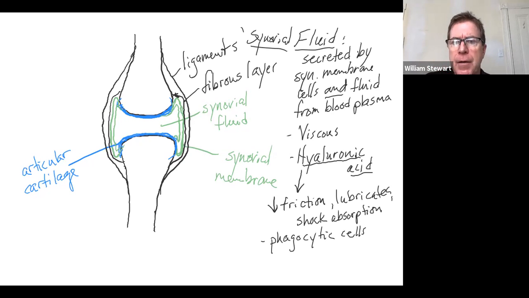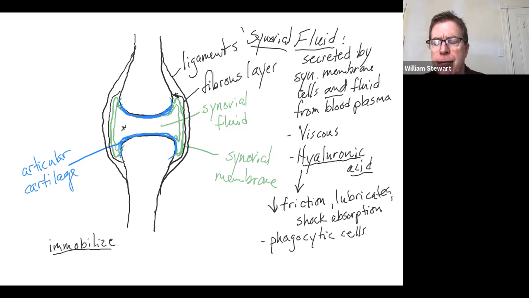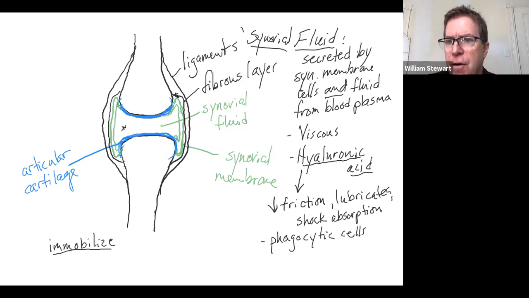A few fun facts about this. When we immobilize a synovial joint, when it's left immobile for long periods of time, the fluid inside tends to get more viscous. It increases the viscosity of the fluid, and it makes that joint a little bit stiffer and harder to move. When we crack our joints,